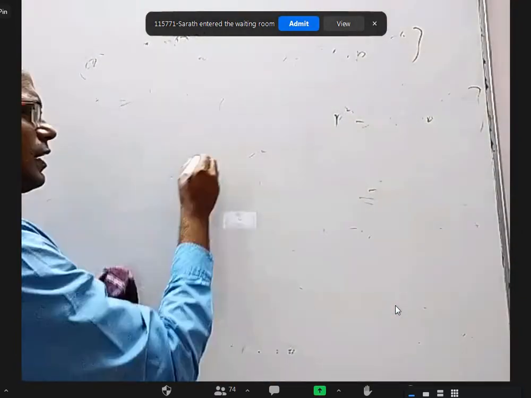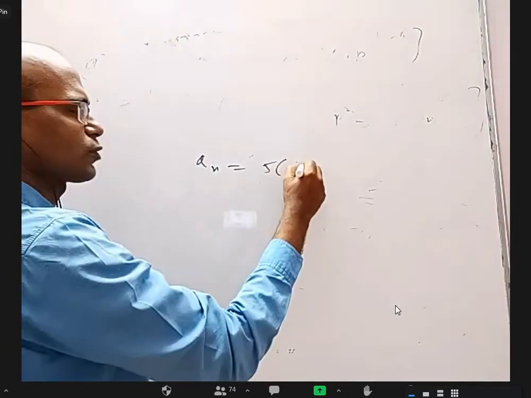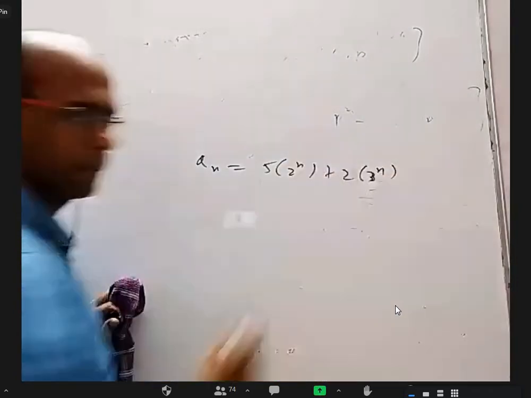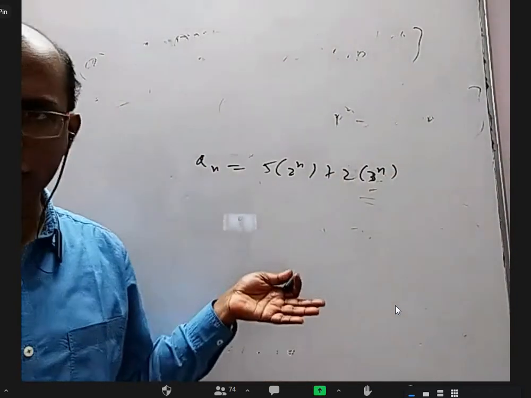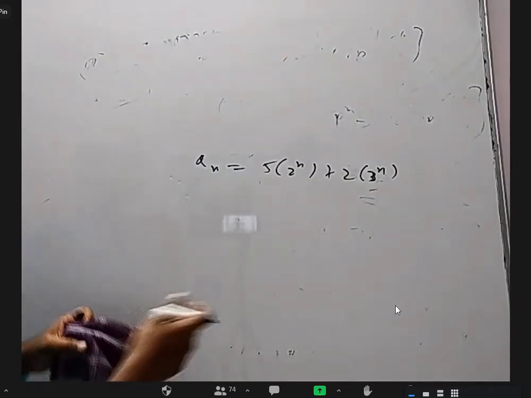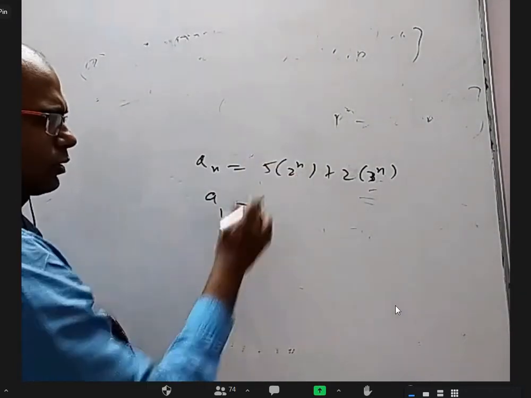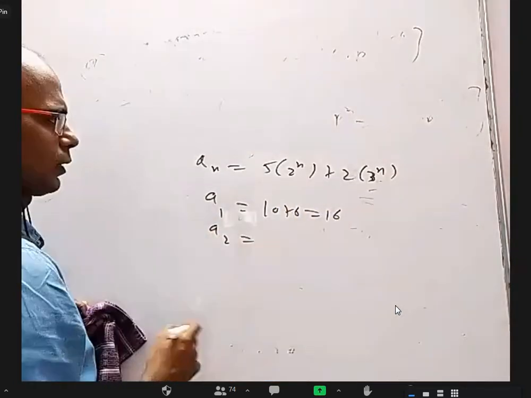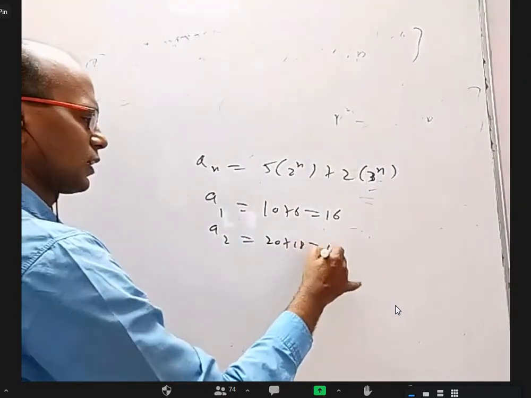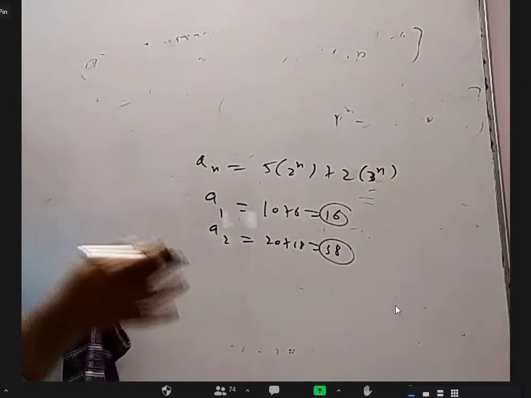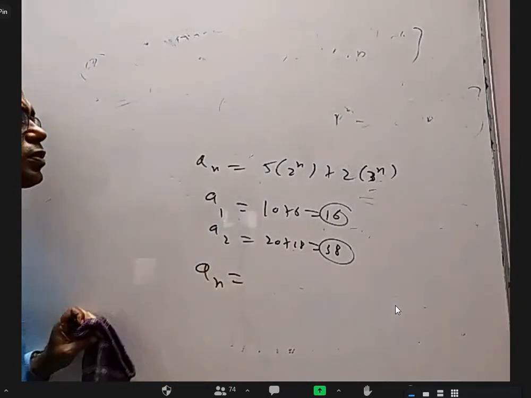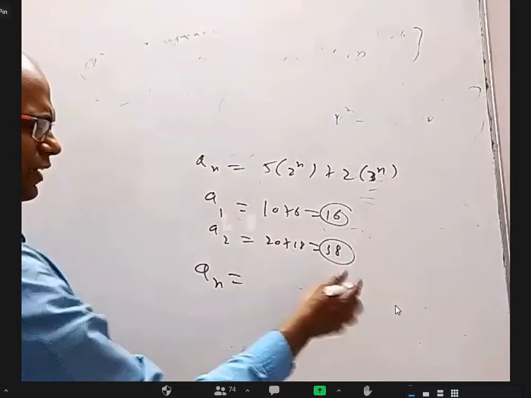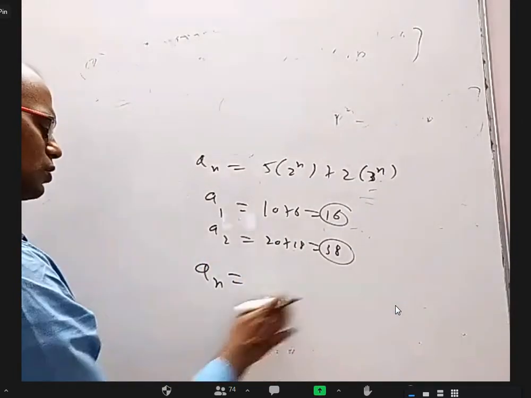Let us say my an is actually 5 times 2 power n plus 2 times 3 power n. Okay. I know I'm telling the answer first. What is my nth term? Now, what is my a1 if I put n equal to 1? 10 plus 6. If I put n equal to 2, what will come? 5 4s are 20 plus 18, 38. Yeah, I can give these two. And then I can tell an is equal to, in terms of an minus 1 and an minus 2, I think it's easy to find a relation.